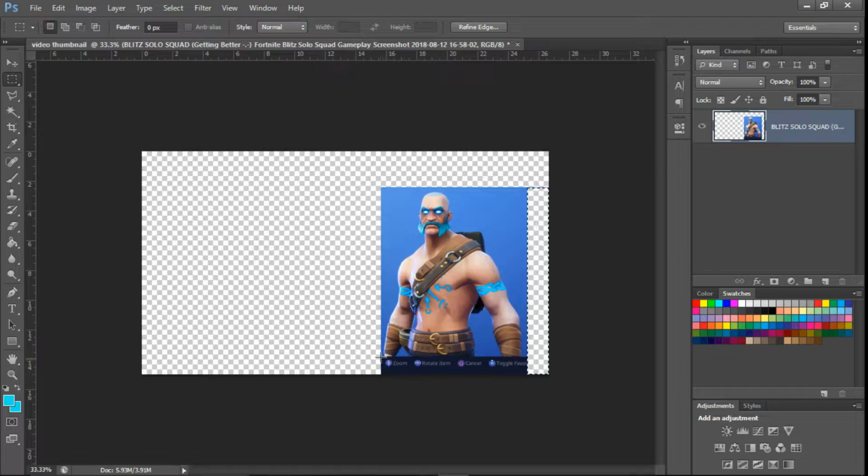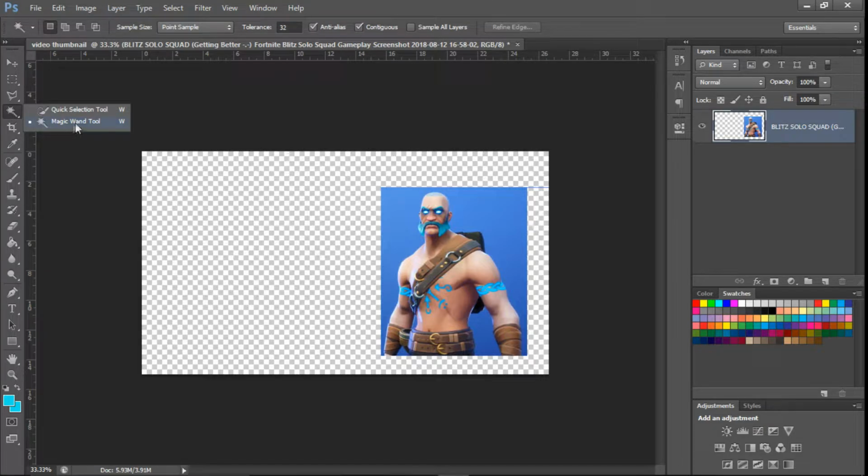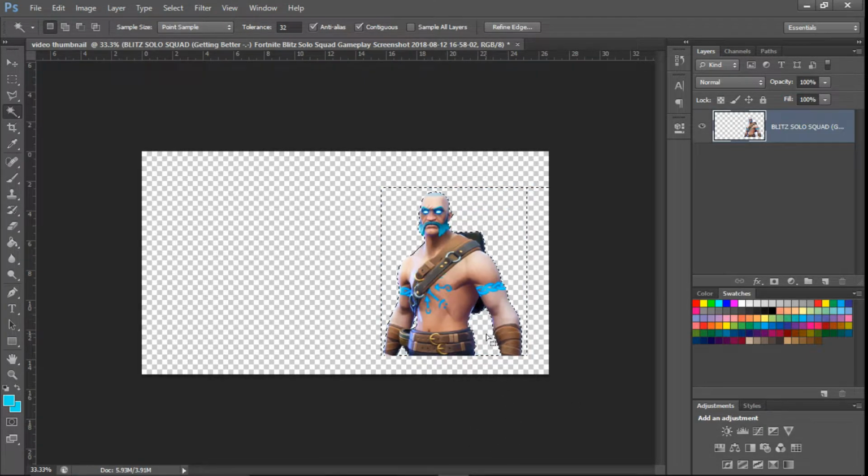And there we go. We're going to get rid of this as well. Boom. And now we're going to take this magic wand, which selects everything that is the same color, and we're going to select all of this dark blue. All this blue in general, so we can get rid of it completely. There we go. Perfect. And we got one more right there. We're going to delete all that, and boom, now we have a nice PNG character that we can do literally